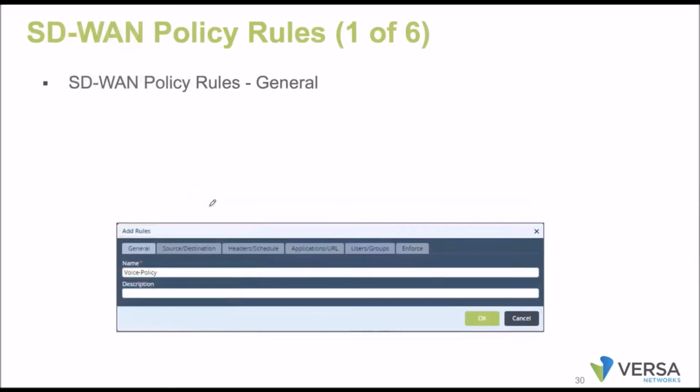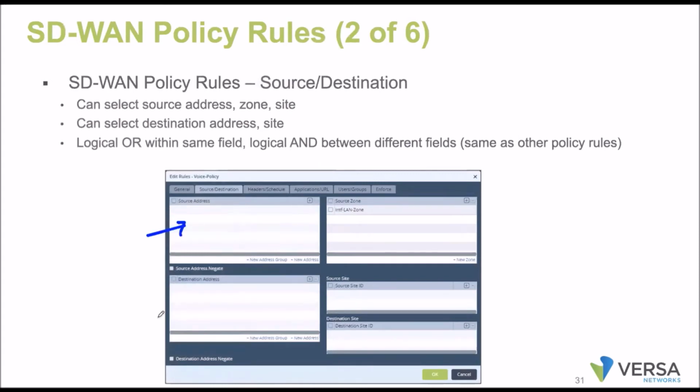So when it comes to the SD-WAN policies, how exactly are they created? It contains a name. What about the source and destination? Source address, I can use it. Destination address, I can use it. Source zone parameters, I can use it. And coming to here, you can mention the site IDs as well. From branch to branch, if you want to influence the WAN transports, I can make use of the device ID information as well: source site ID and destination site ID. You can make use of these parameters. If you want to use the negate option, source address negate and destination address negate, you can enable these checkboxes.